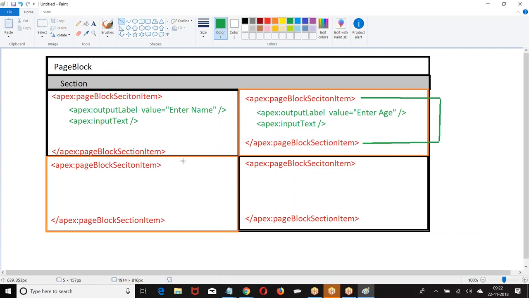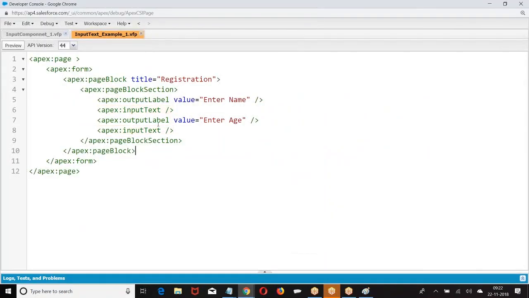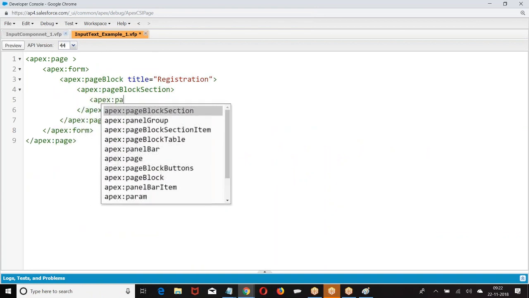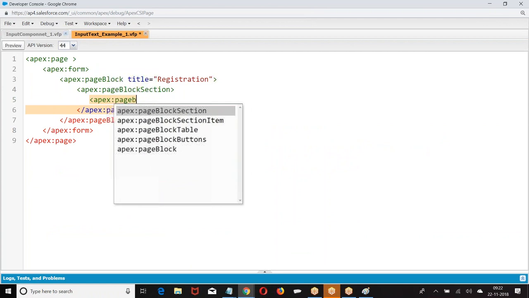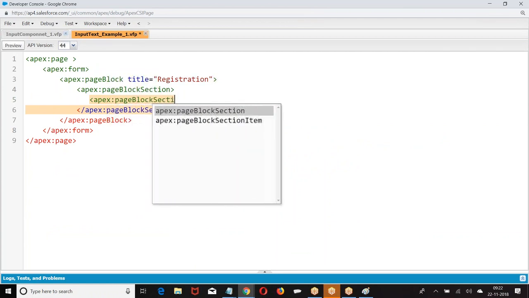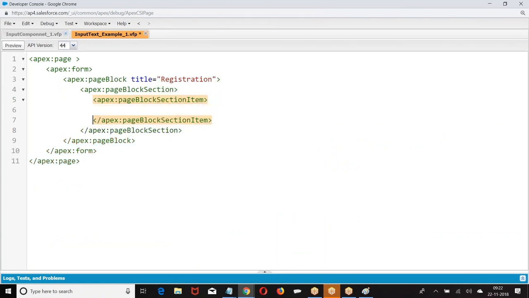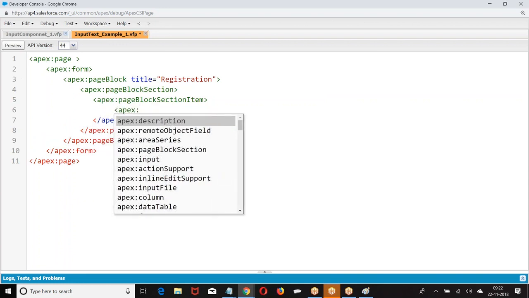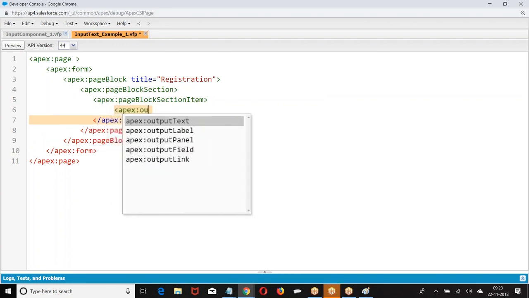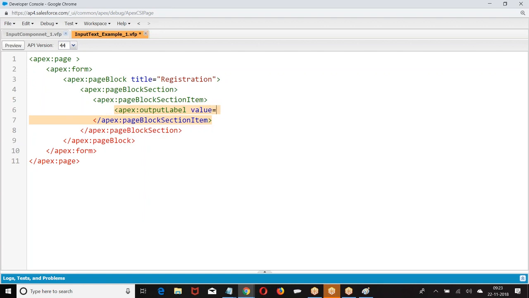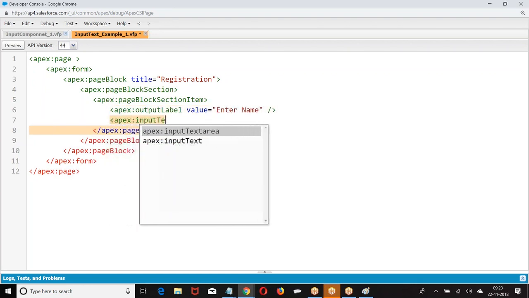Okay. Now, why did I go for this? Look at the page block section. Within the page block section, I have page block section item. In the section item, I am giving an input text. This is one element.